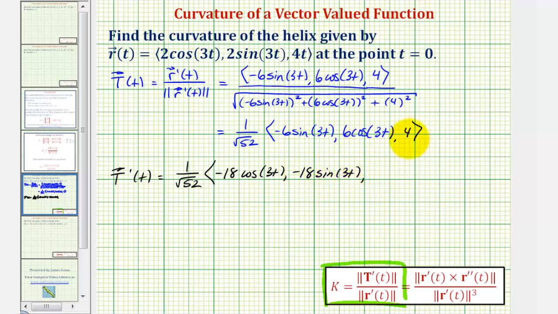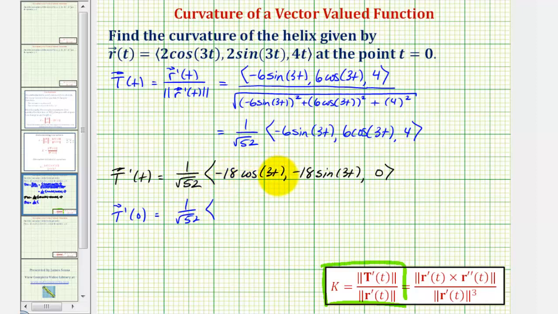And the z component would just be the derivative of 4, which is 0. And because we're only trying to determine the curvature at t equals 0, let's now evaluate this at t equals 0. So T prime of 0 would be equal to 1 divided by the square root of 52 times,